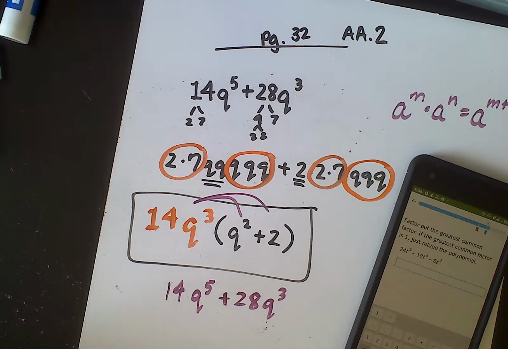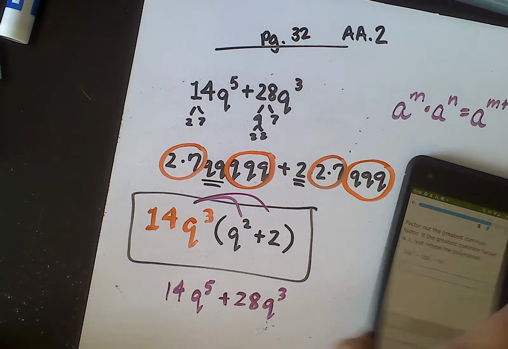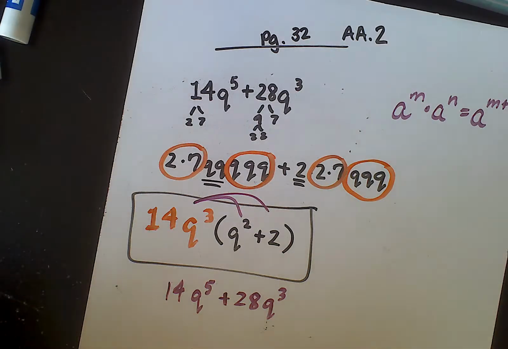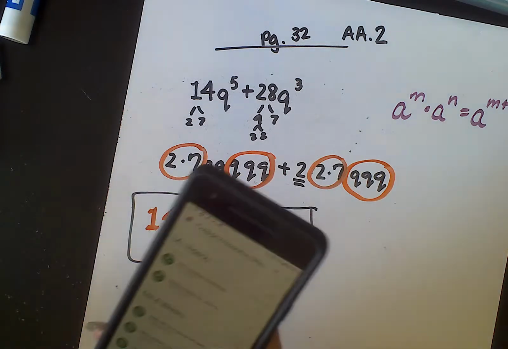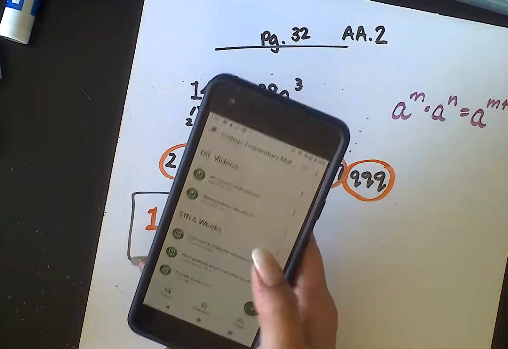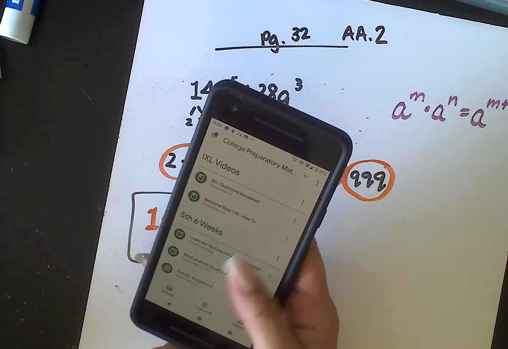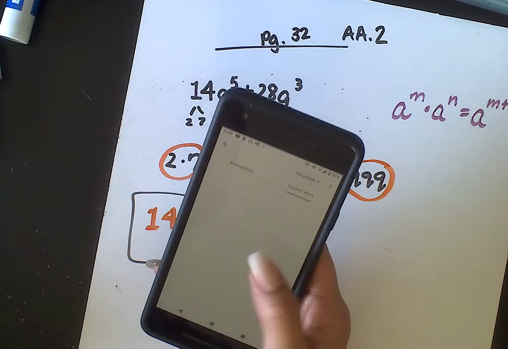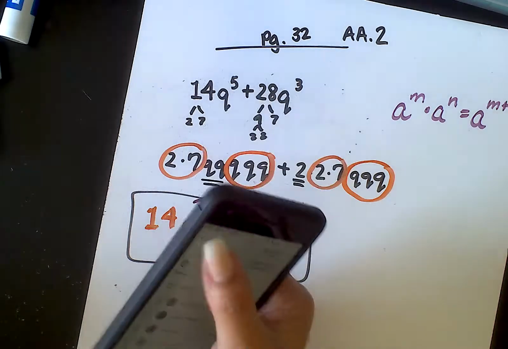I think the question is, it's all due today. Yes, AA.1 and AA.2 are both due today at 10 p.m. So at 10 o'clock tonight, I'm going to be putting that in. So what you may want to do is log in, and whenever you go onto Google Classroom, I have two things for you. I have your first IXL that I posted on the 20th,